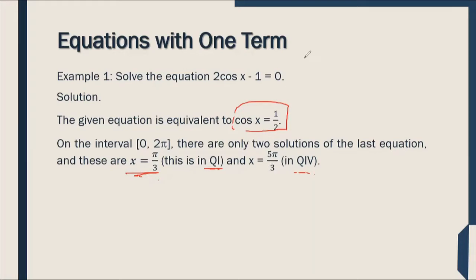Okay? So, pwede natin i-verify yon by checking. So, ang ginawa lang dyan ay kinuha lang yung arc cosine 1/2 since ang ating interval ay 0, 2 pi. So, merong isa yung pi over 3 at yung isa naman ay 5 pi over 3. Pwede mo siya i-verify by finding the cosine of pi over 3. Diba? Pag kinuha natin kasi yan, pi over 3, syempre sa calculator yan ay that is cosine 60. So, ang equivalent niya ay 1/2